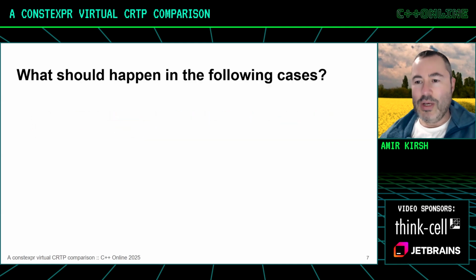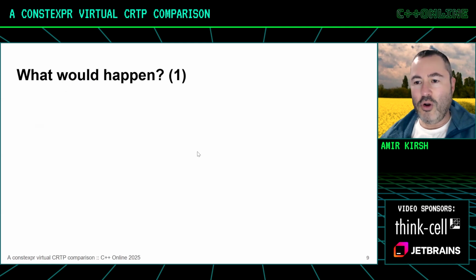Okay, so a short quiz. I'm ready for a quiz. Now, I will not count the votes or your score. You have to count your score yourself, but do that. So I will change the question from what should happen to what would happen, because should is something subjective in some cases. So the question is, in the following example,